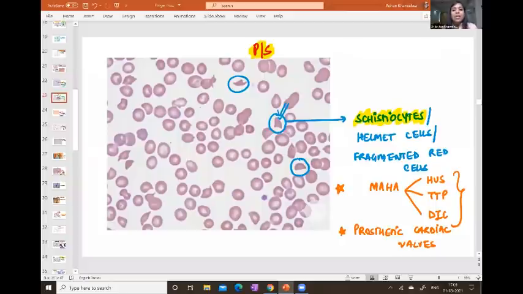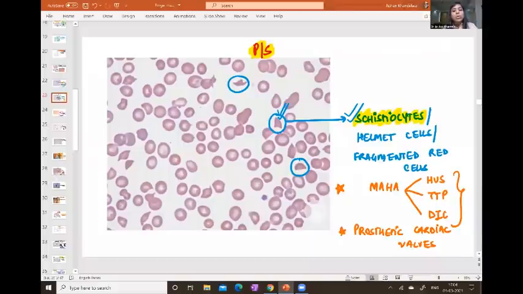That's why we name them helmet cells, or the other name is fragmented red cells, because sometimes when these red cells surpass a blood vessel, they get fragmented. They're also called fragmented red cells. And the other very glorified name for these cells is a schistocyte, right? So once in the MCQ exam, there was a question of a child with splenomegaly and the patient showing schistocyte, and they asked you about the diagnosis, right?